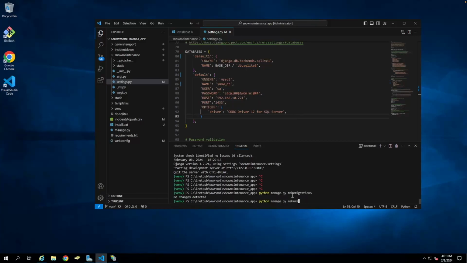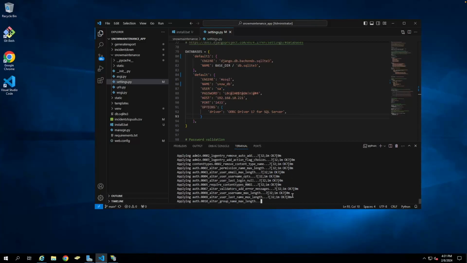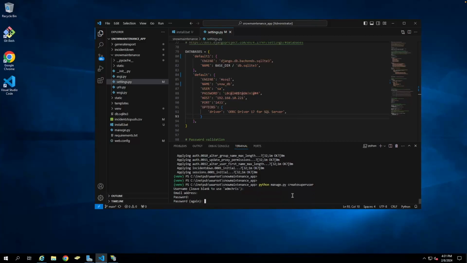Migration detected, and then migrate. As you can see, it's applying the migration, and then we need to also create a user. python manage.py createsuperuser, and I'll just, yeah, ID input should be fine, and then a super secret password,